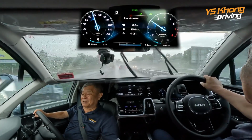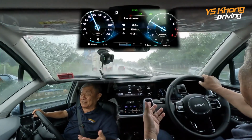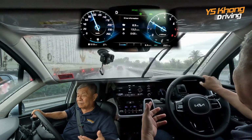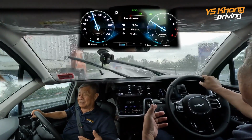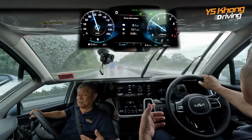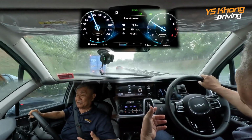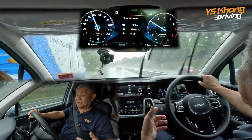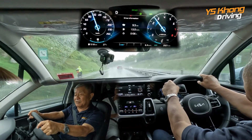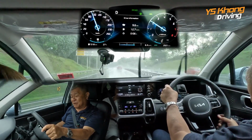So in the rain you've got to be very careful when you're driving. First thing you need to look out for is to maintain a distance of at least 4 or 5 seconds between you and the car in front. Basically it gives you enough room to react if anything happens to the car in front. And in the rain, of course, you drive a bit slower. So we are going at about 90 to 95 kilometers per hour now. I'm following that SUV in front of us. I'm not in too much of a hurry because it's raining and it's slippery,